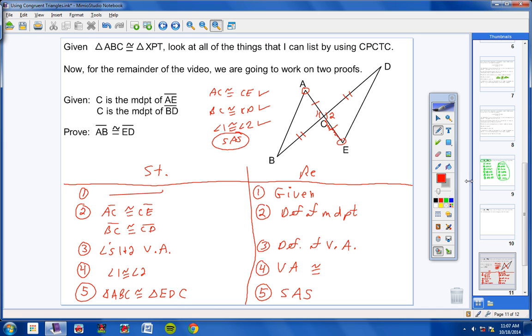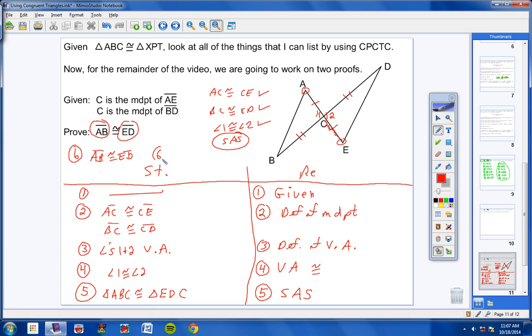Now look, students, we're done. We're totally done. I'm going to put step 6 up here. You just stated these two triangles are congruent. And what are you trying to prove? AB is congruent to ED. Well, look at your congruent statement here. Here's AB, first two letters, and here's ED, your first two letters. So you're totally good. So I can state that AB is congruent to ED,